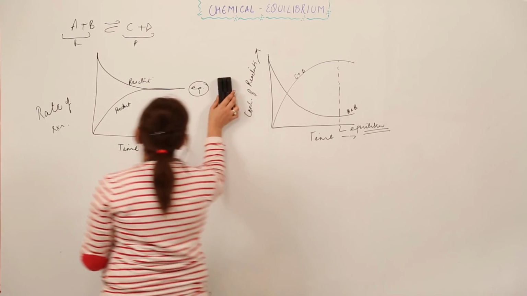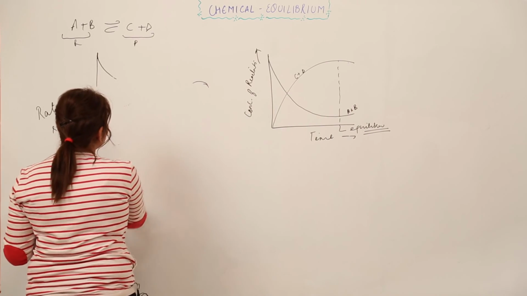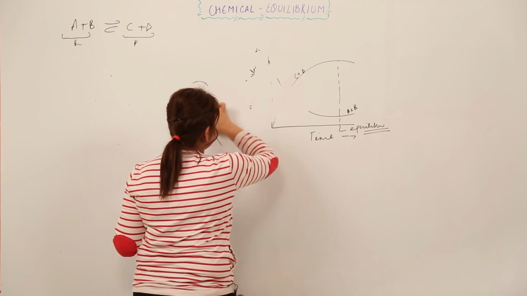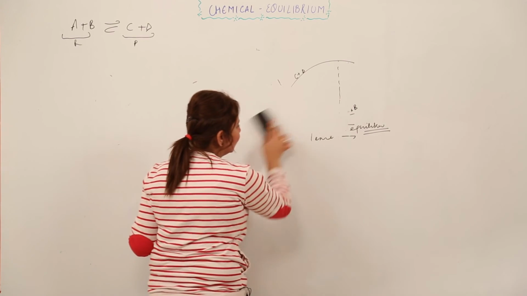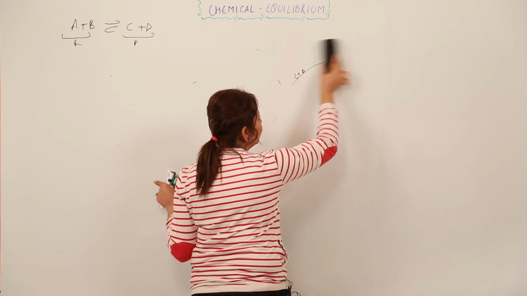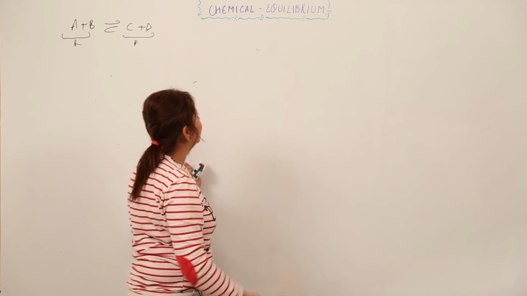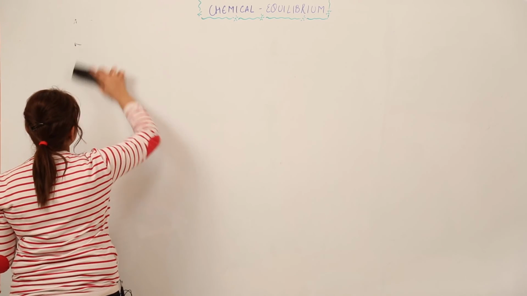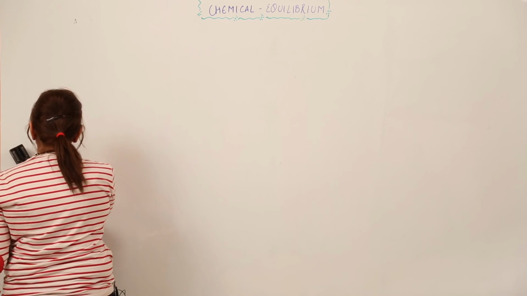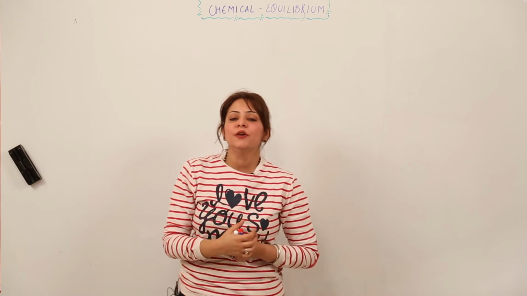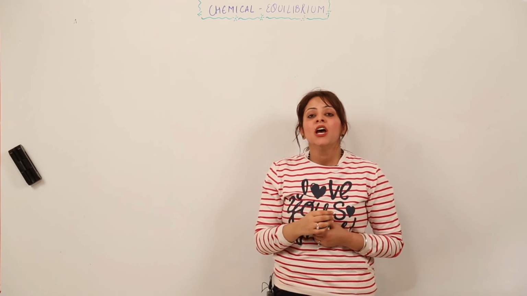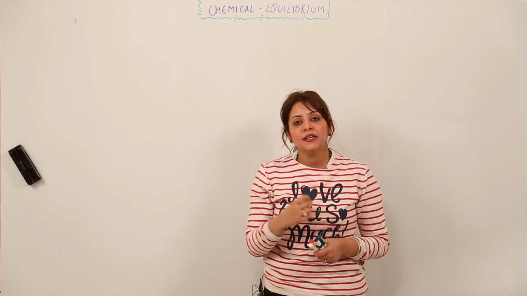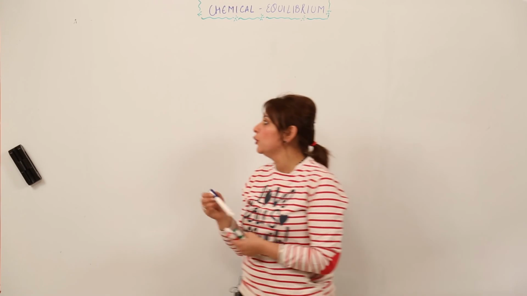Now you are familiar with physical equilibrium, you are familiar with chemical equilibrium, and you are familiar with the characteristics of physical and chemical equilibrium also, right? You know that catalysts do not have any effect, that we need a closed system, and that equilibrium can be achieved from either direction. Now we have certain laws which are obeyed by chemical reactions, and a certain law which is obeyed when the reaction achieves equilibrium, right? Now we'll be studying those laws.